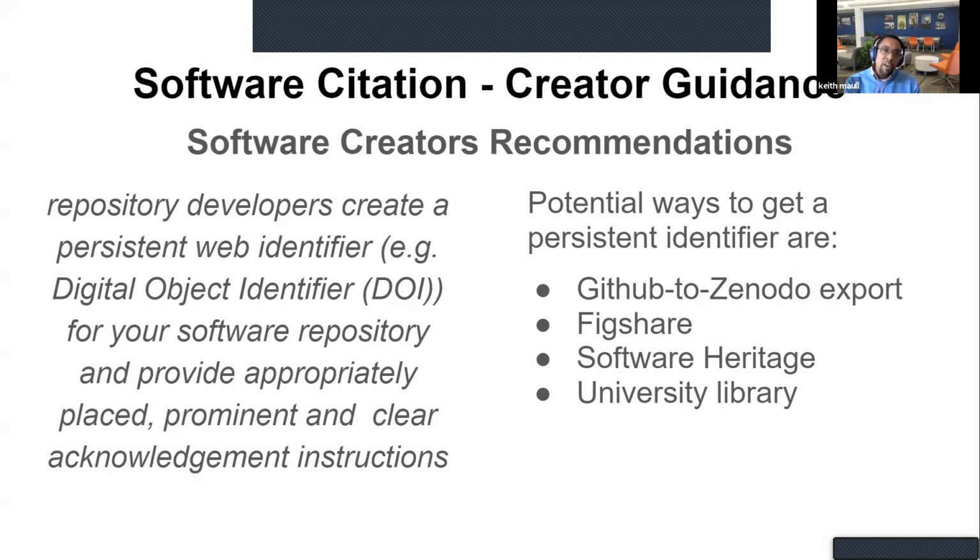In terms of getting DOIs, and I think probably this community is pretty familiar with most of these mechanisms, you clearly have the option to go the Zenodo route, right? So for those people who have used Zenodo, they have an excellent exporting feature, with an extra bonus of being able to mint a new DOI upon new releases, so that you could trace which release of the software is used at what point in time and what was being cited.